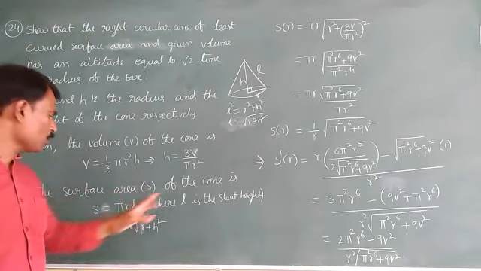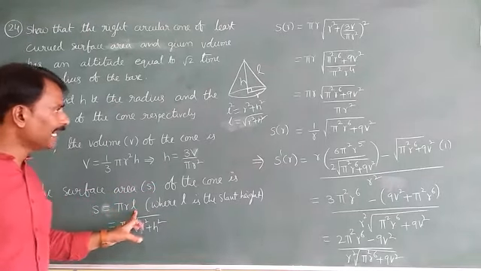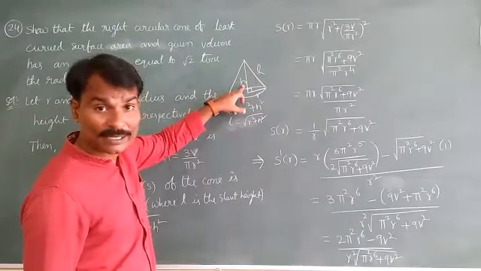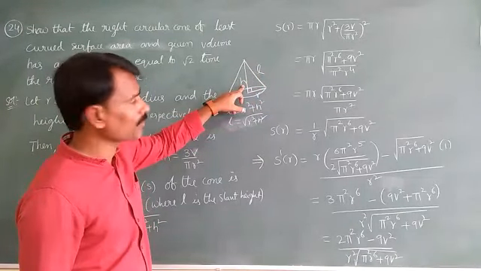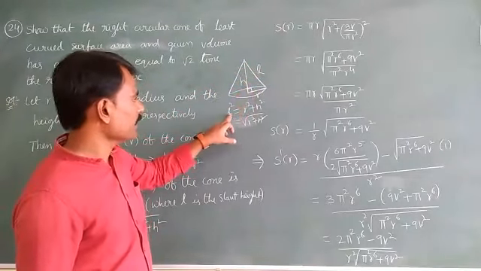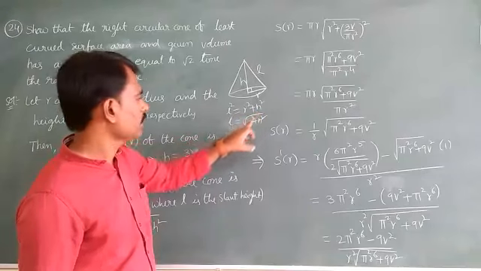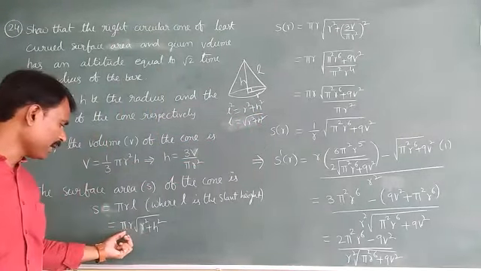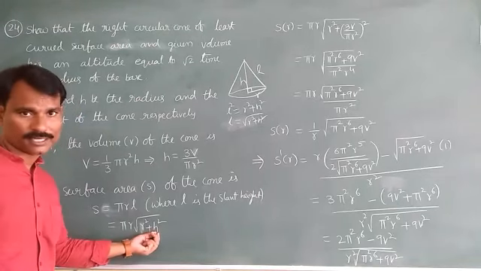The surface area of the cone is S = πrL, where L is the slant height, h is the altitude of the cone, and r is the base radius. By these measurements, L² = r² + h², so L = √(r² + h²). Place it in: S = πr√(r² + h²).